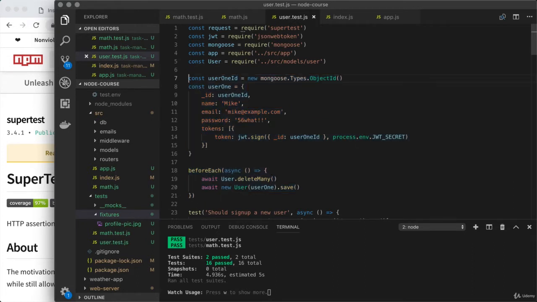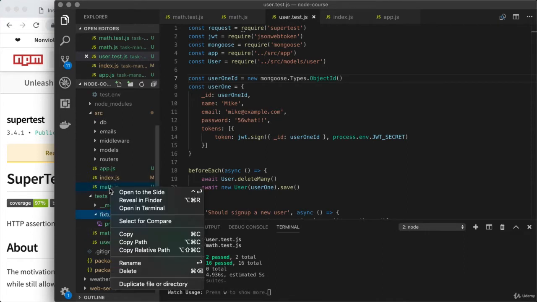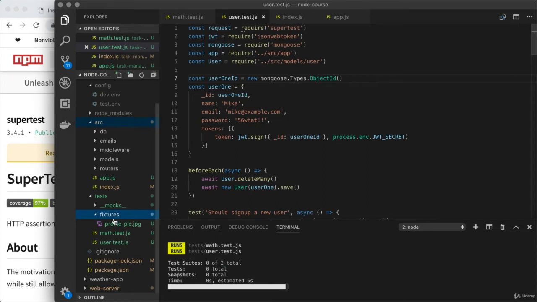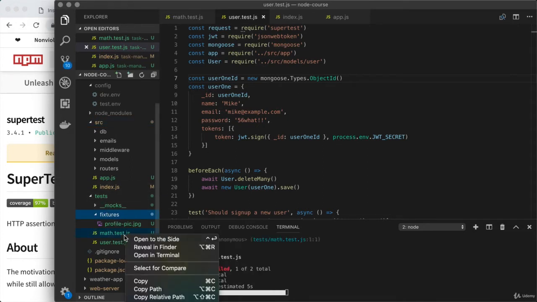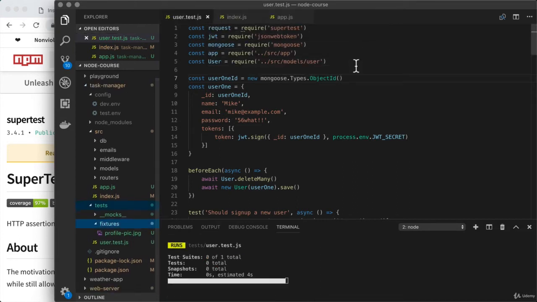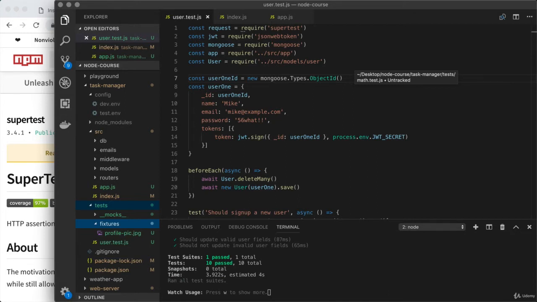So let's go ahead and kick things off by first deleting math.js and math.test.js, two files we're no longer going to need. I'll remove math.js from the source directory. Let's start there, and then down below from the tests folder, we're going to remove math.test.js. And once both of those are gone, our test suite should be back to its expected working state, and right here it is. We have 10 passing tests, and they all exist in this one test suite,